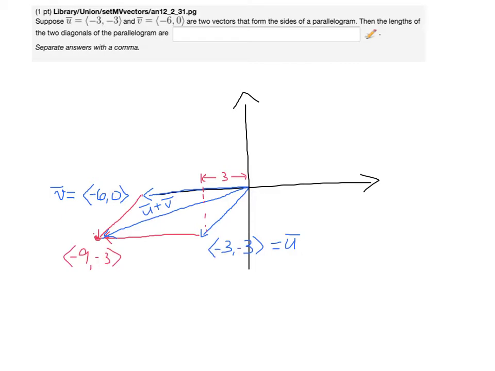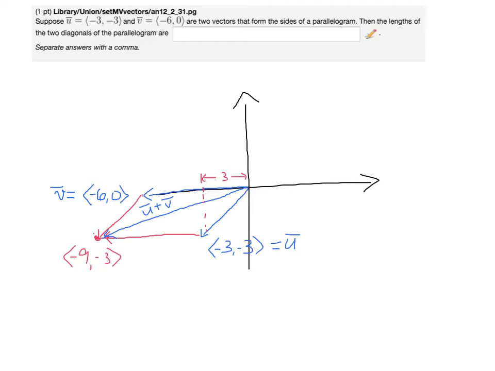Now, this is by no means a proof. It's just a justification via this example. But that is the parallelogram law. And if you have two vectors lined up like so, and you draw the diagonal of the parallelogram, it is the sum of the vectors. Okay, well, now that we have